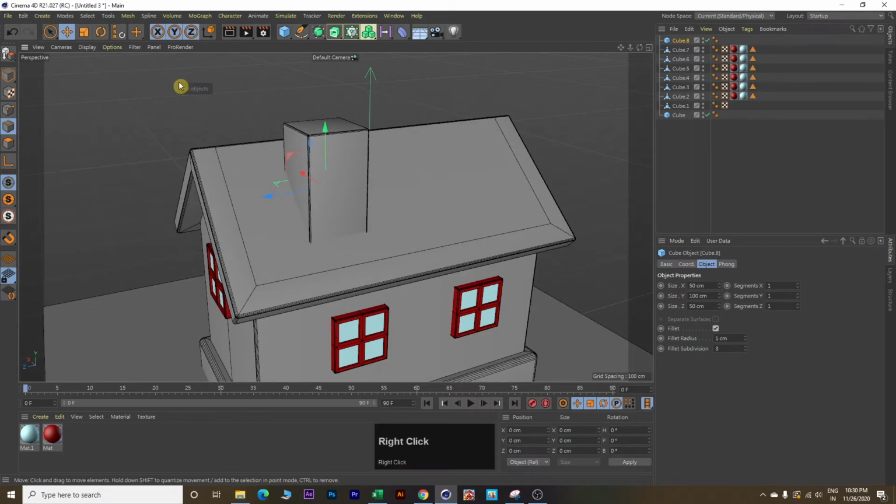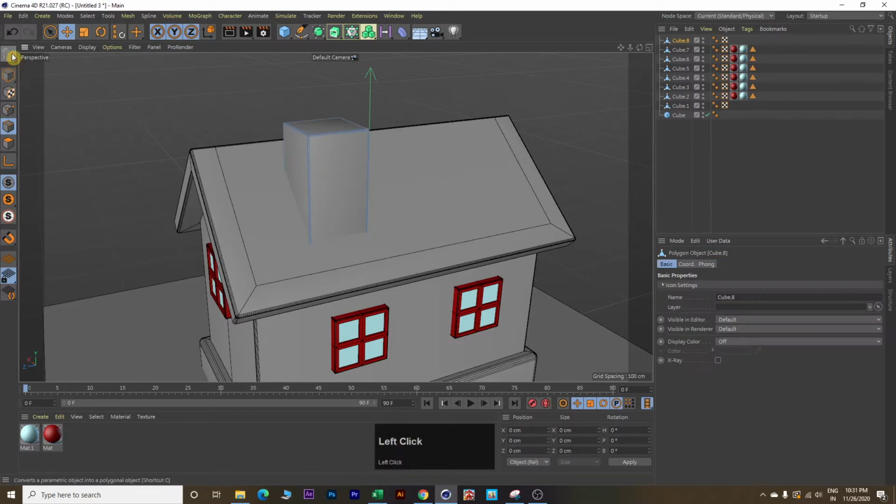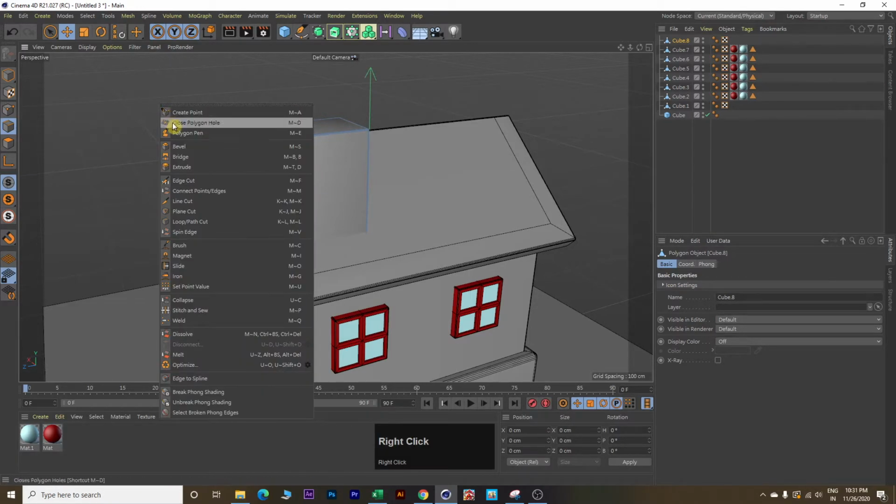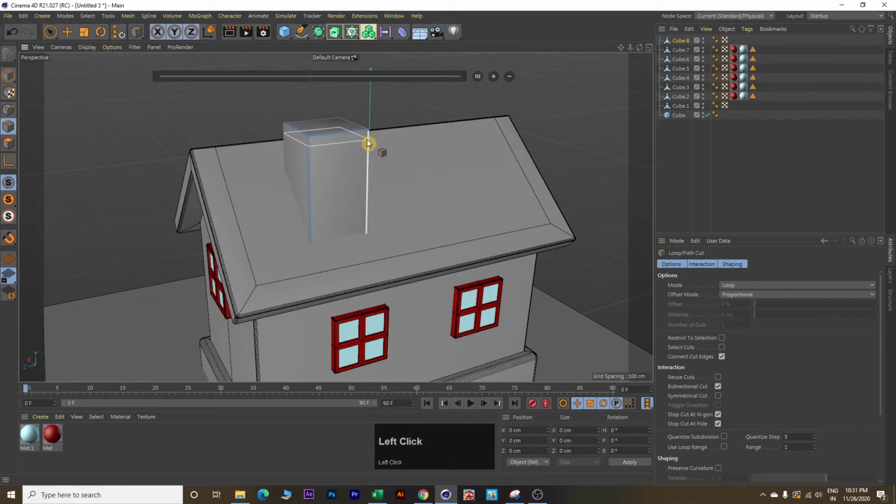Now right click and select loop path cut. Before that, select on this model over here, then click on edges and make this cube editable by clicking here. Next, right click and select loop path cut over here and make one loop cut here and another loop cut little downward.